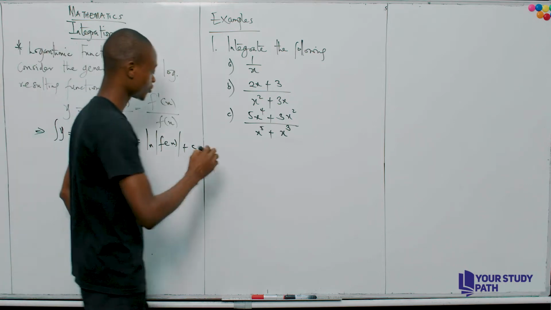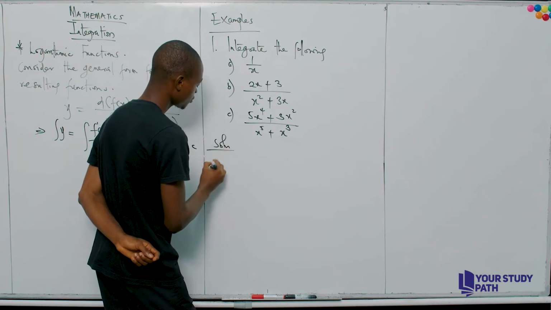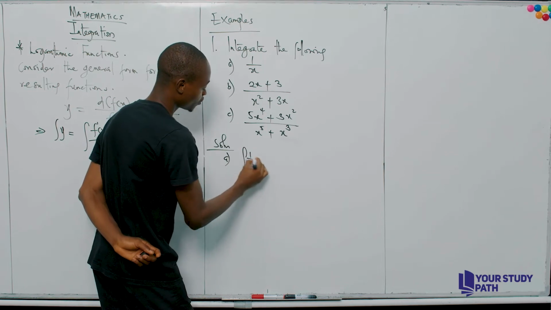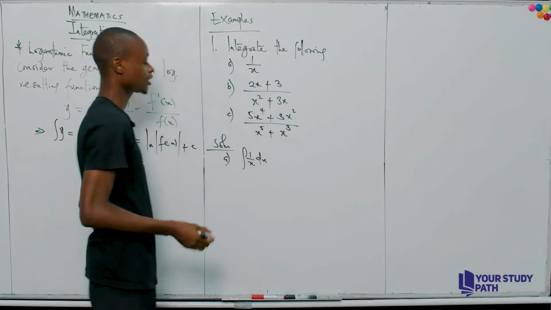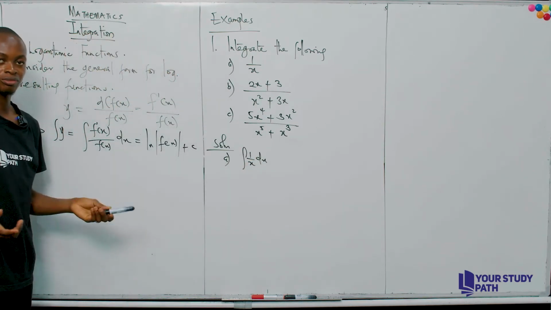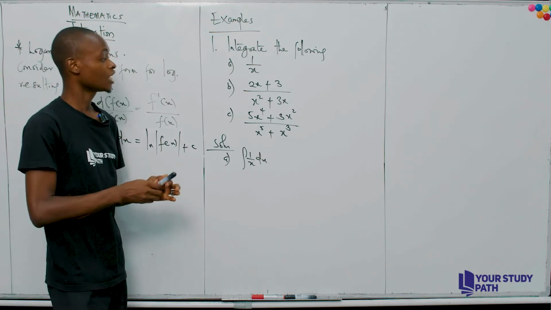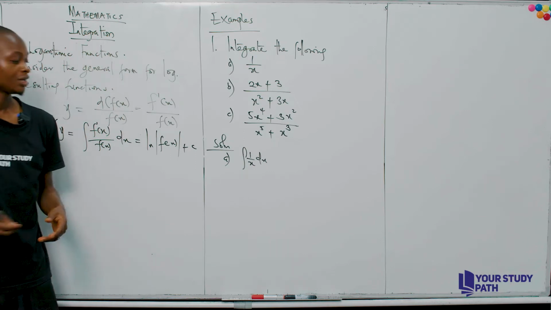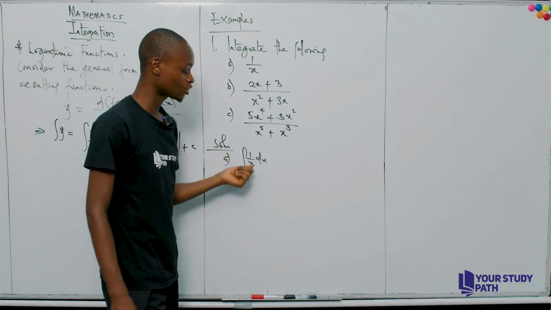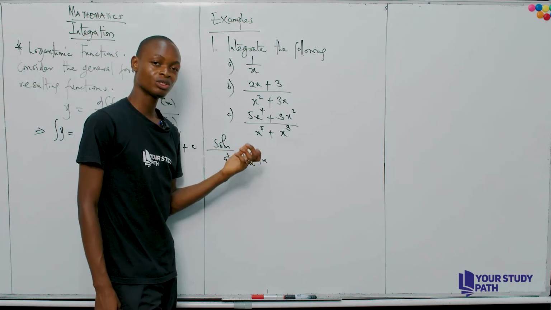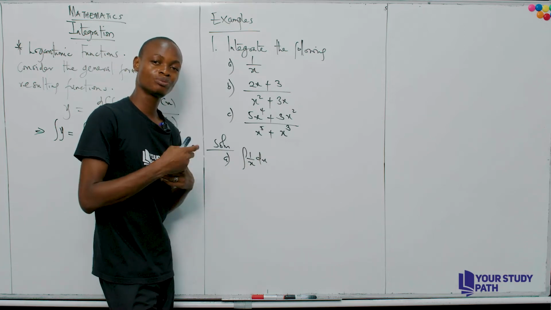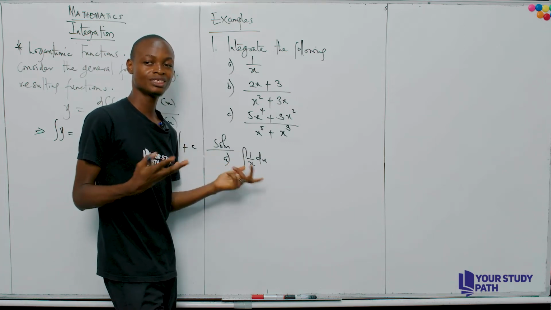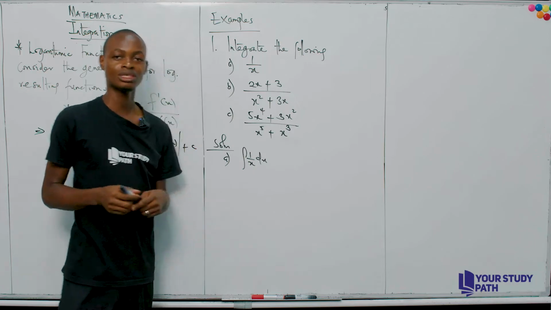We'll start with the first one. The integral of 1 over x dx. We said we can't use the normal algebraic method, even though it's an algebraic function. Even though all of these are algebraic functions, we can't use the normal method. Why? Because if we were to use that normal method, we'd have x to the power minus 1, and then by the time we add 1 to the power, we'd have 0. So we can't divide by 0. So we have to work around it. How then can we